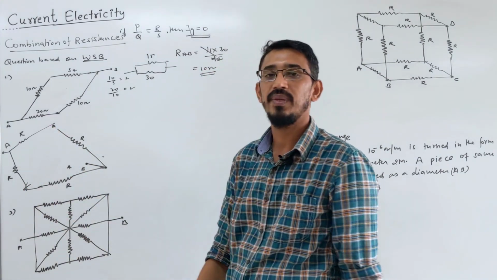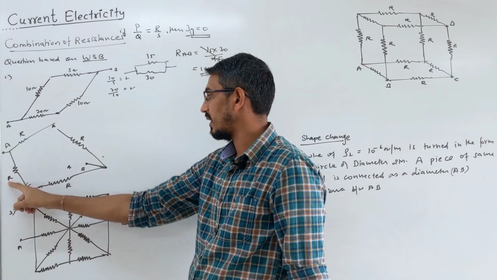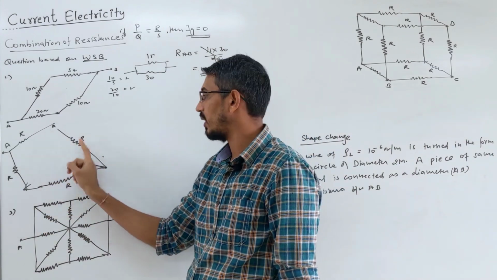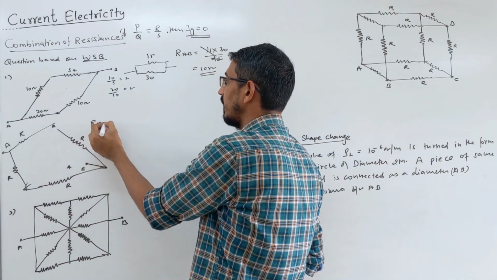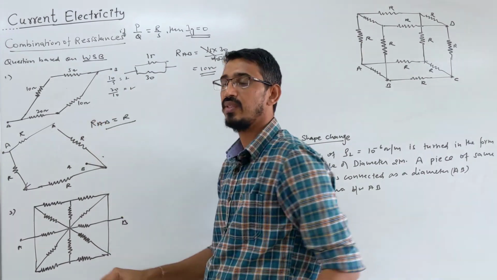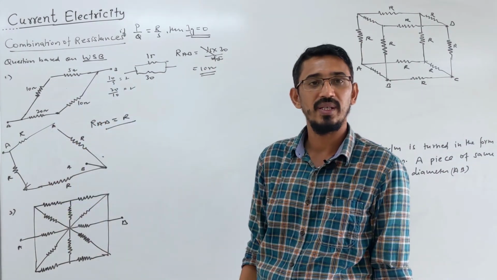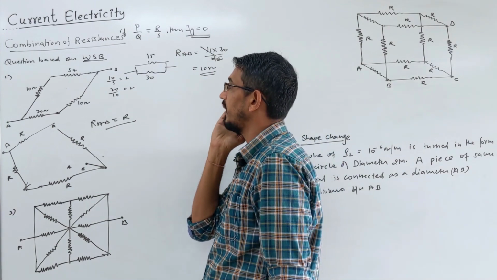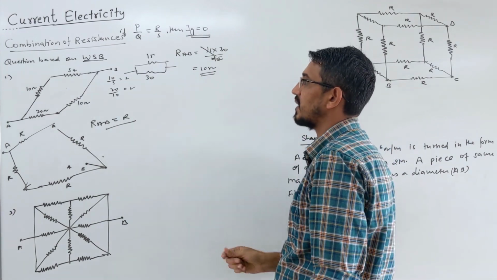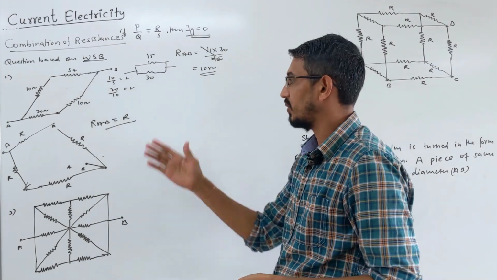Now again it becomes very simple. 2R and R in series, R and R in series, then they are in parallel. So 2R, what is the equivalent? Just R. 2R and 2R in parallel, what is the answer? R. So you have to identify, if 5 resistances are there and you cannot see series-parallel, then you have to identify the Wheatstone bridge.